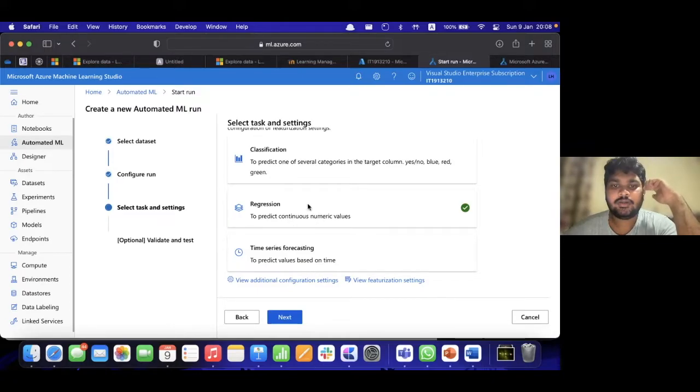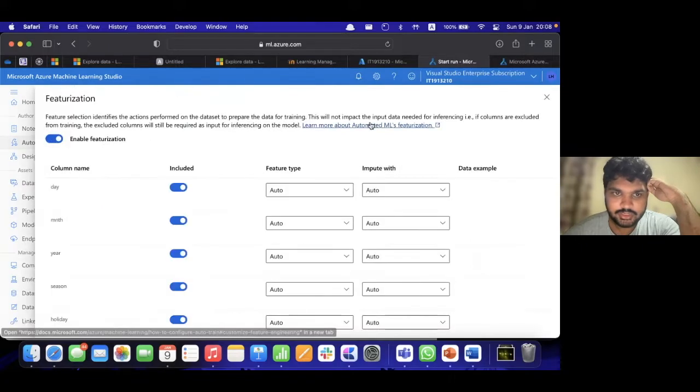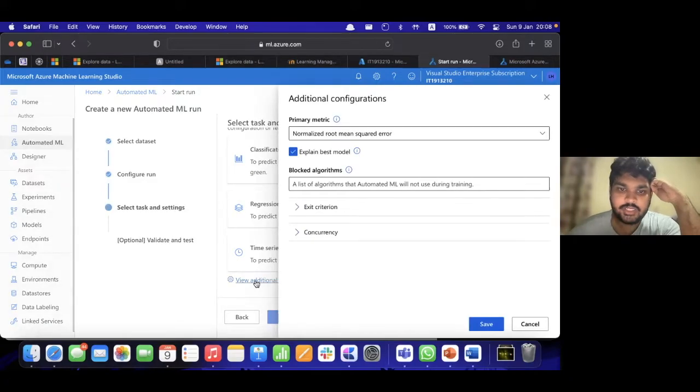I want to run a regression model on my dataset, so I'll click regression and go to enable featurization. This will enable featurization for me, and I'll go for additional